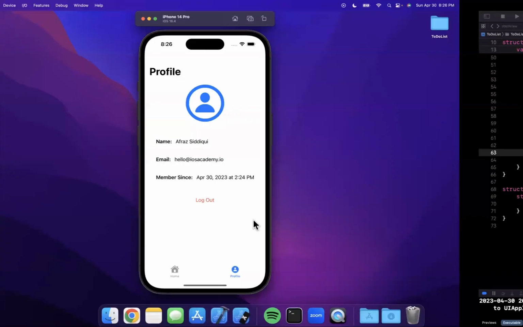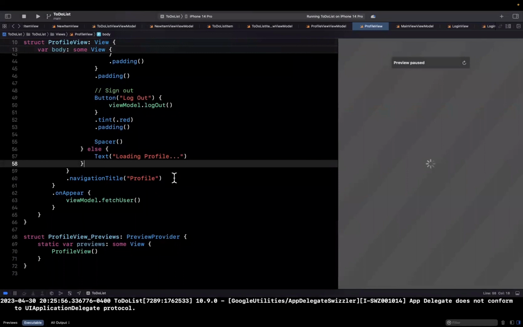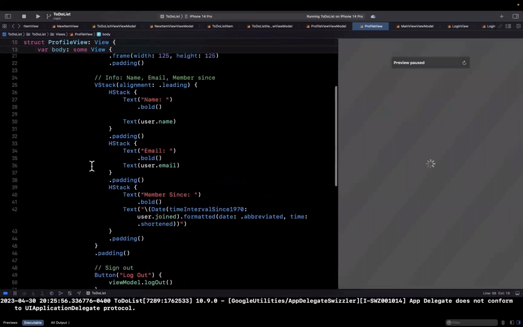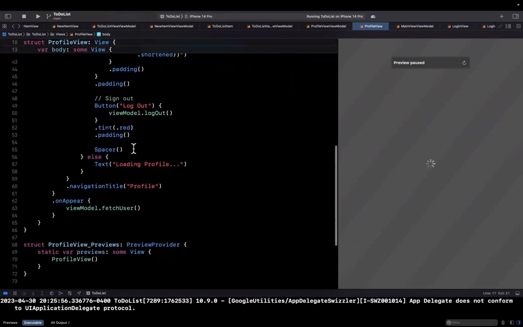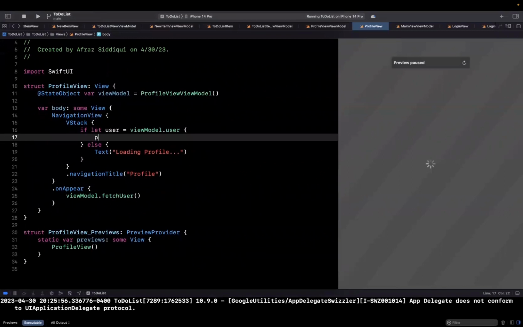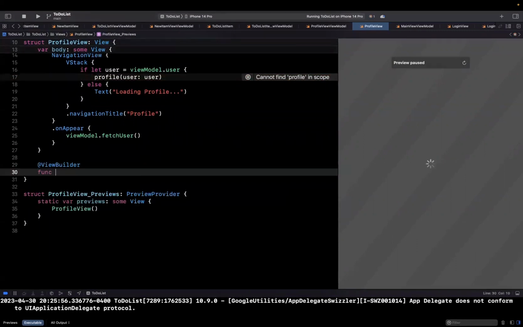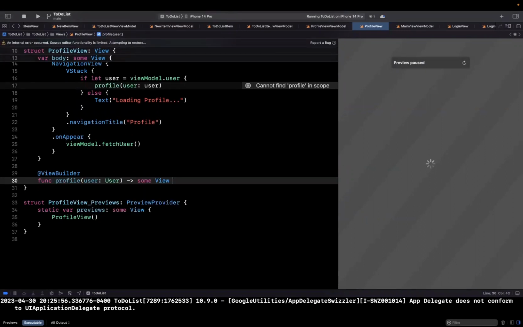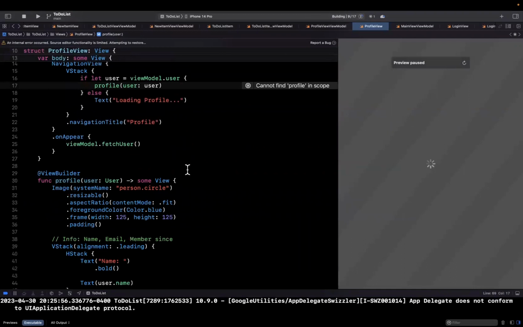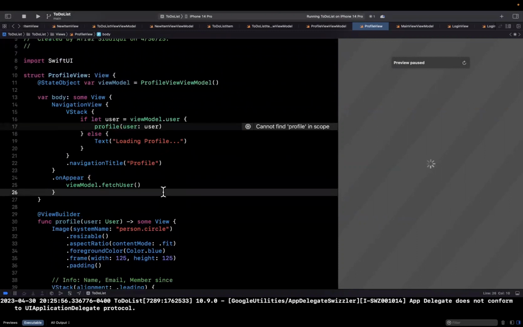We still need to hook up logout, but one thing that I do want to do is at least abstract out this monstrosity of view stuff that we've got going on here. So let me take all the stuff inside of this if statement, and I will say this is profile, user is user, and I'm going to create a ViewBuilder annotated function here called profile that takes in a user of type User, returns some View, and I'm just going to stick all of that implementation in there, which is going to reduce how our body looks,